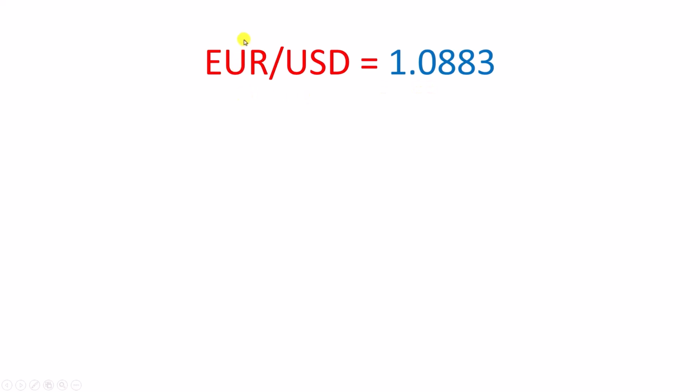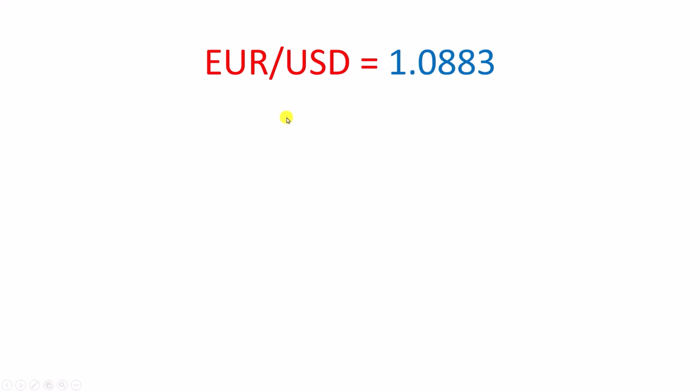Now you know that the currency on the left is called the base currency, and the currency on the right is called the quote currency. Now, this is a value. What this value says is how many units of quote currency are required to buy 1 unit of base currency,